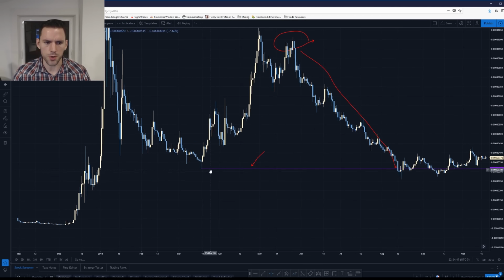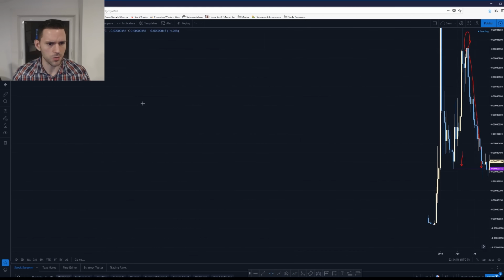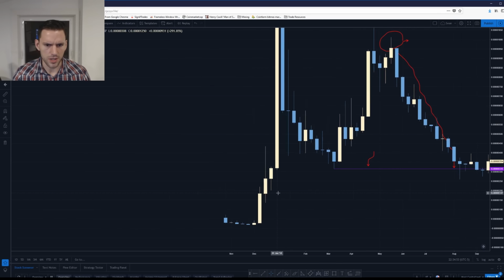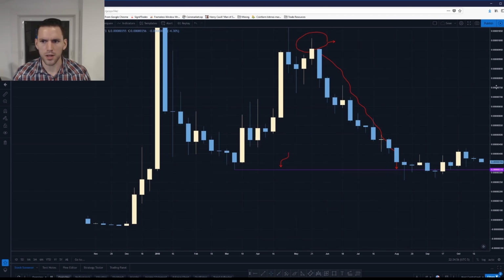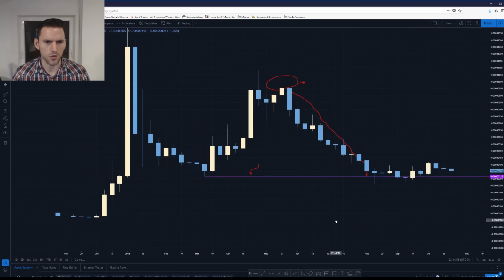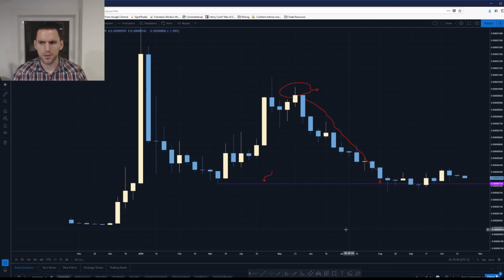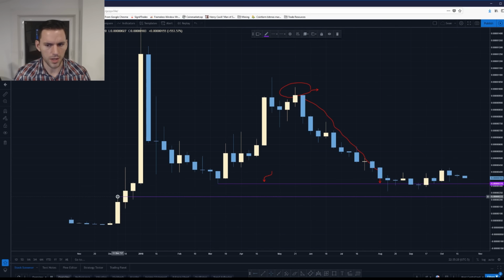This was a critical level for Tron. If we were to actually take this to a weekly chart, you can see that this was pretty clearly the target for Tron for this whole big dump that Bitcoin went into throughout the year, the distribution period, the exhaustion, and that elongated distribution period. This was a critical level for Tron because after this swing low on the weekly charts, we don't really have a swing low. We have one more level here, which is the start of this move up and kind of that swing high,